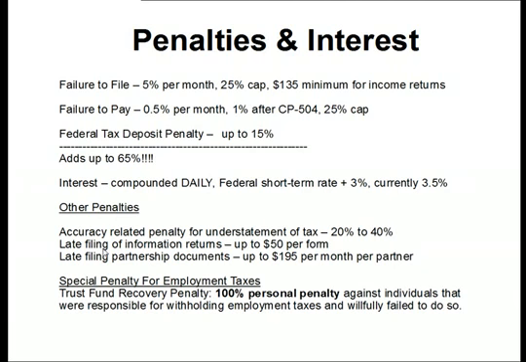Those information returns that we talked about, the W-2, the W-3, 1099, 1096, if you file those late, they can charge you a penalty of up to $50 per form. Partnership documents, S-corporation documents, if you don't file your K-1s and some other information on time, they can charge you a penalty of up to $195 per month per partner, and there's no cap on these penalties either. So a couple years down the road, you've got a couple, $2,400 a year penalty adding up, per partner. That can be pretty stiff too.